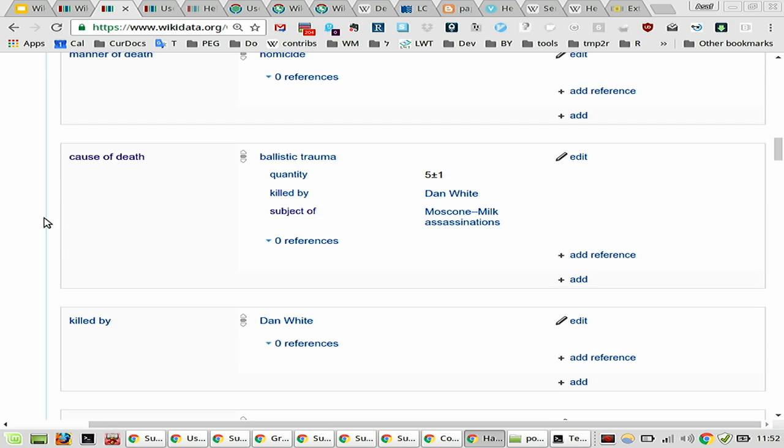So the manner of death, the cause of death. Now here, Wikidata gives us excellent information. The actual cause of death is ballistic trauma. That's a professional term. And this statement has qualifiers. So until now, I was talking about triples, right? The item has a property with a certain value. Actually, each statement can also have a number of qualifiers which add aspects of information still about that one